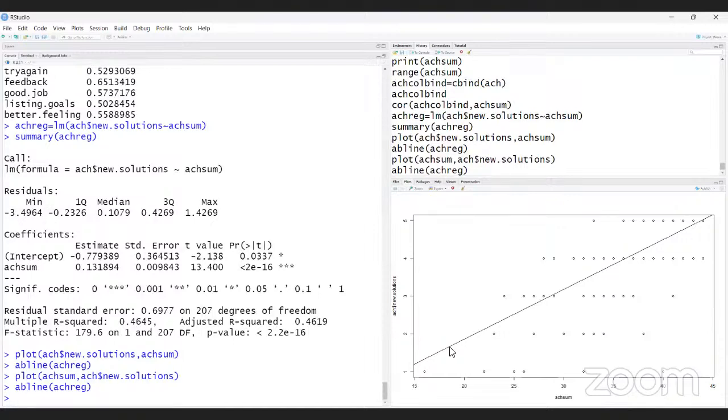This is clear? Hello. Yes, sir. So you can make the regression line in this manner.